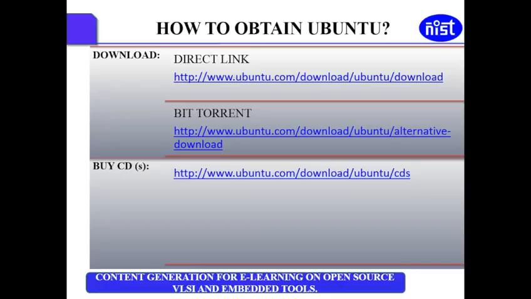We can also download it from BitTorrent file by going to the link www.ubuntu.com/download/ubuntu/alternative-download. We can also buy a disk by going to the link www.ubuntu.com/download/ubuntu/cds.